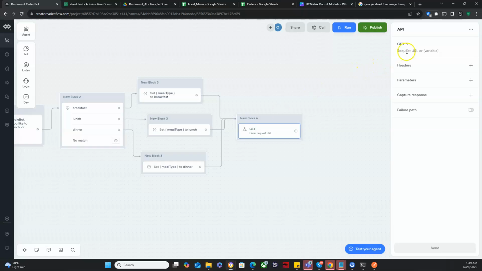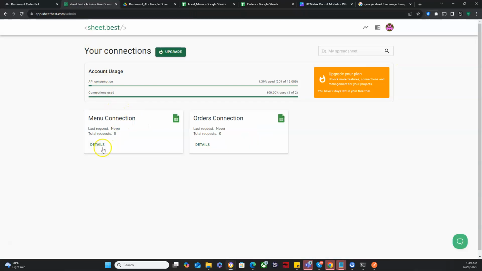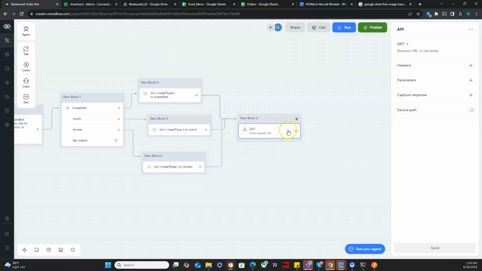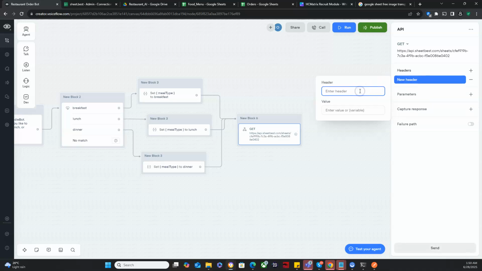request. So we need the URL to the food menu. We can get that from Sheetbest. So we just come to menu connection and we copy that link, switch over here, and then we can paste this here. So that's the first one. Then the next thing, again, if you remember, we need to set our header, right? So come here and say content type,